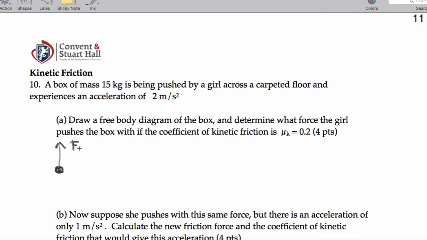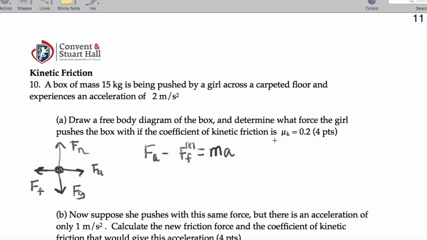So there's a normal force, here's the weight force, we have a pushing force, and we have a friction force right here. So with that in mind, we push, we've got friction, and the effect is, since the forces are unbalanced, that the box accelerates. Let's go ahead and calculate, though, that